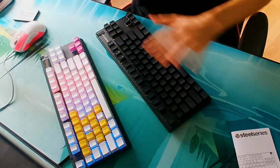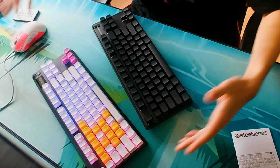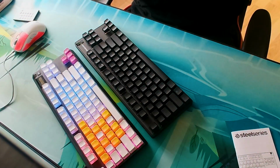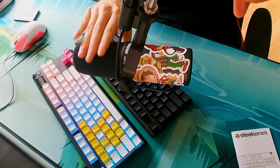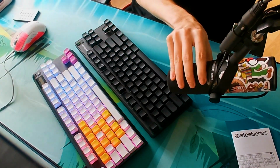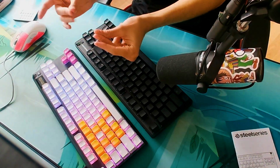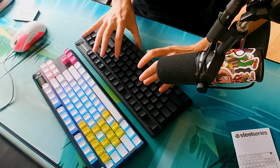So now the final question is a quick sound comparison. I don't know, do I have to unplug my Apex Pro TKL so I don't accidentally stop the recording? I think I should see it, but we're just gonna take here my Shure SM7B, guys, which should give you a really good sound input. But yeah, basically, so